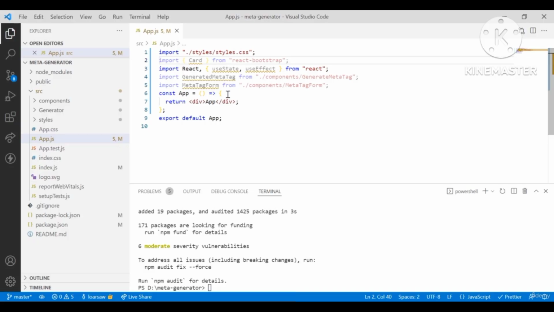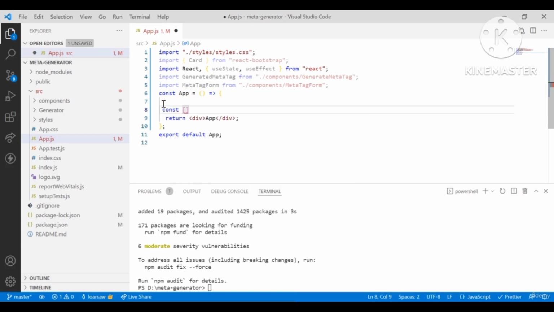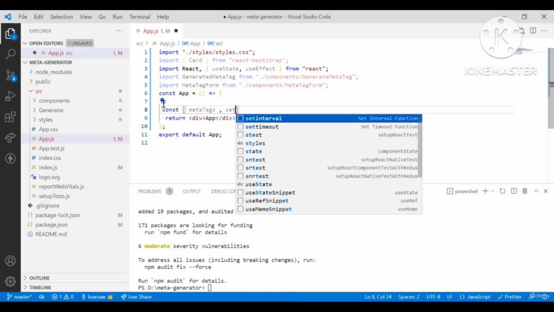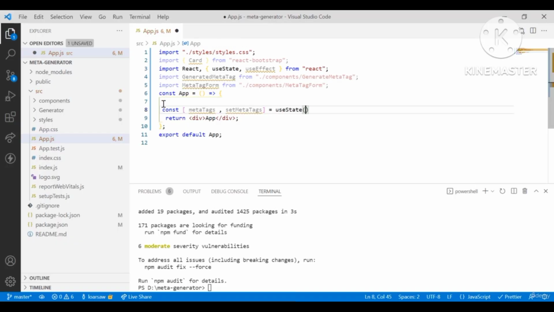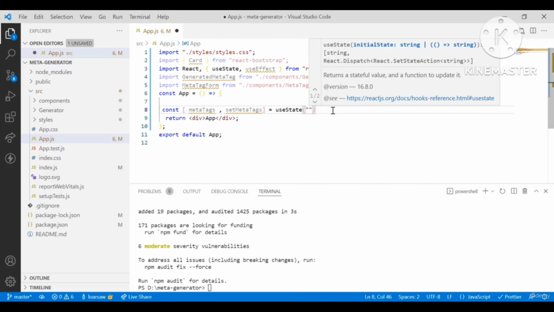So this is going to have a state, but since this is not a class component, therefore we'll be leveraging the benefit of the useState hook. So let's create the states. So constant, these are going to be namely meta tags, and a setter function for this, that's set meta tags. This is going to be equal to useState, and inside this the initial value is going to be an empty string,